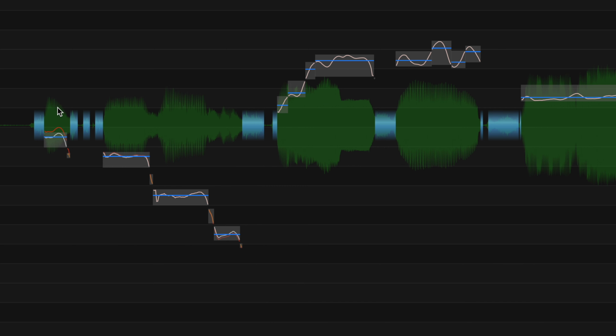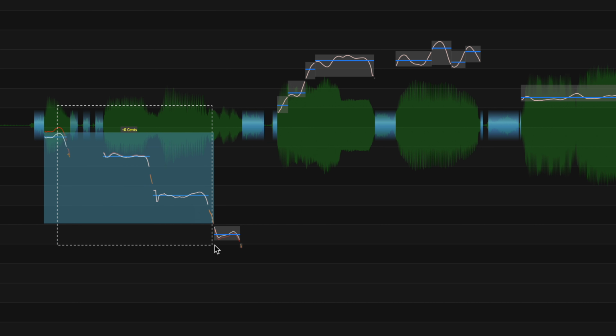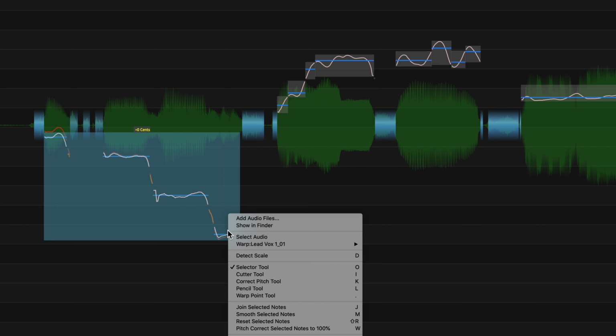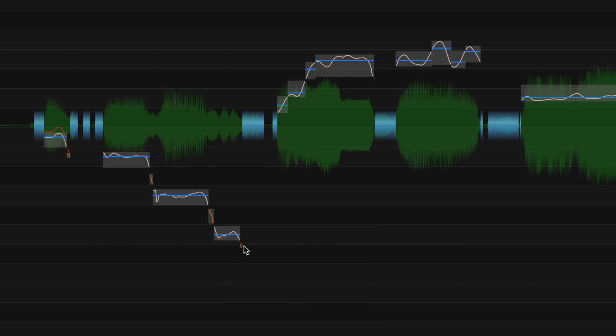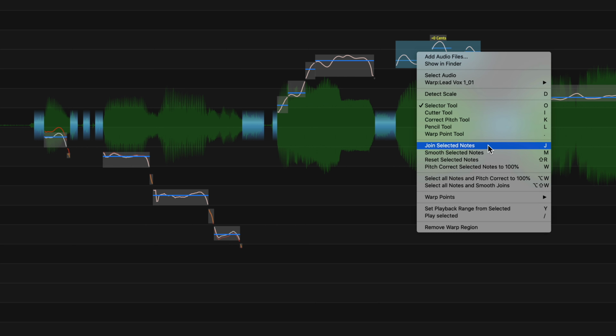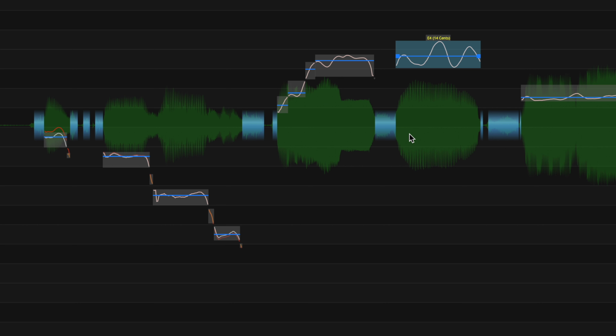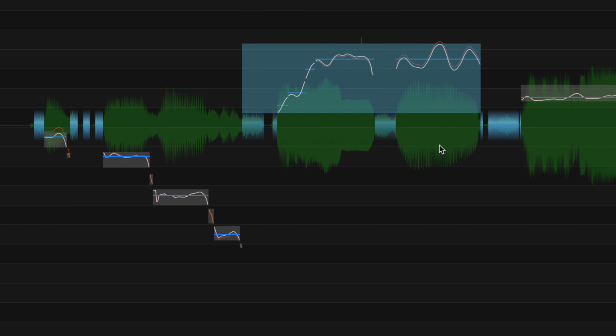One of the other functions I find incredibly helpful with Revoice is smooth notes. If you right click, there's an option here. It's M, smooth selected notes. What this does is it smooths the transitions between the notes. Another helpful function is join notes. I have a note over here that's basically just one note. It just has a lot of vibrato. Well, if you select join selected notes or press J, it'll join those together. Then I can press W to tune these up, and I can drag over all of these and press M